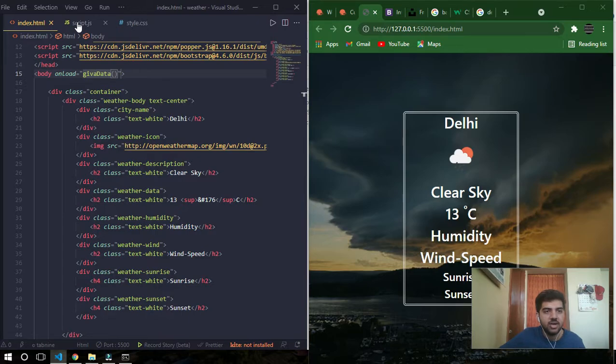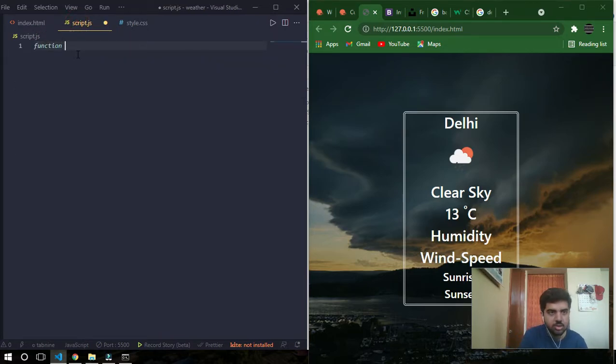So function give data. Inside this, what I'll do, no, I'll do everything in this give data itself.